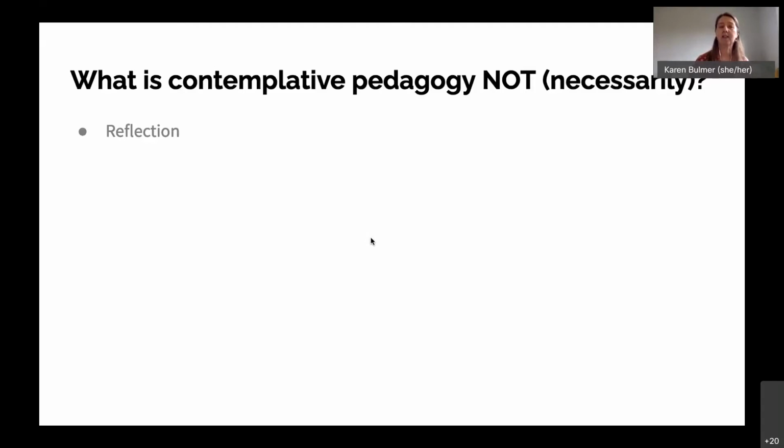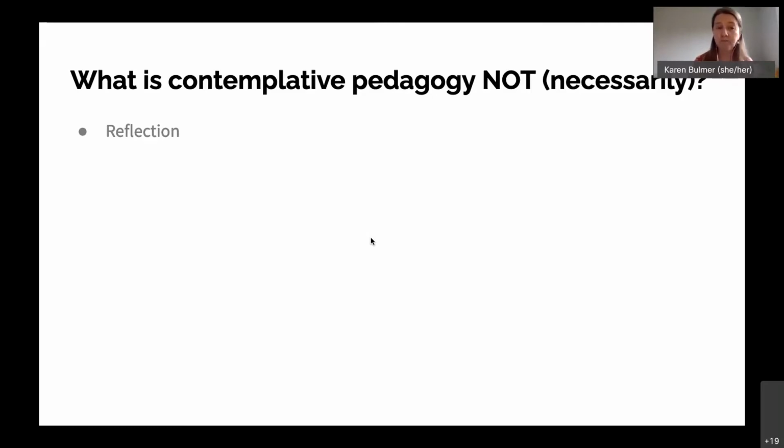What is the quality or the tone of the reflection? How does what is, so the contents of my mind, the cognitions, how are those showing up also in my body, maybe in my emotions, maybe in my social interactions? So contemplative pedagogy is a little distinct from reflection in that there's this quality of meta-awareness that we attempt to cultivate.